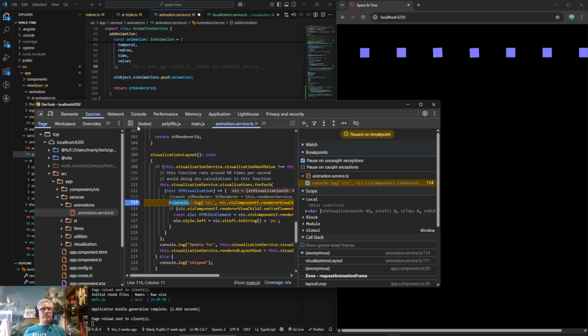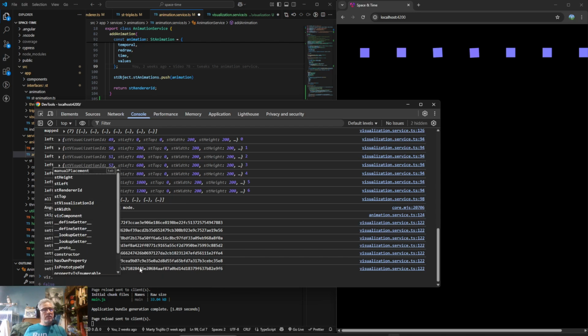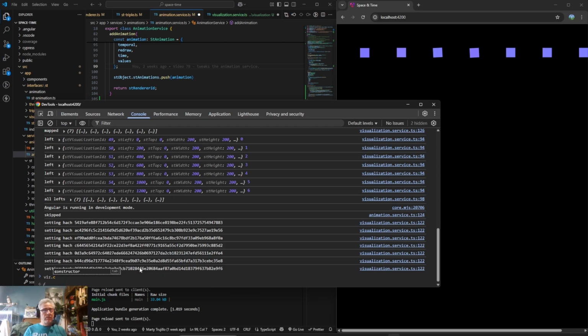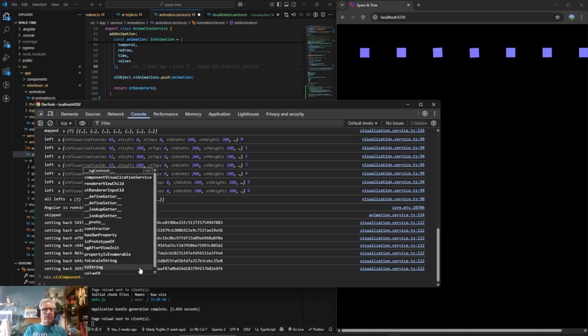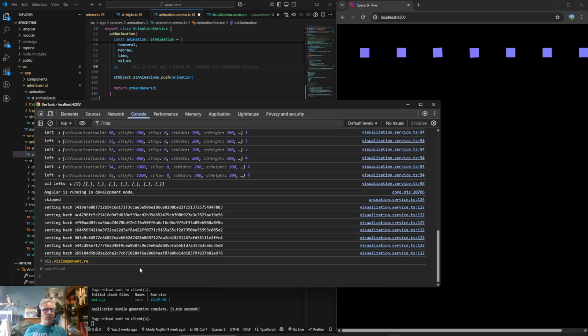And then this is viz dot viz component dot native element. Oh, render view child. Oh my gosh.